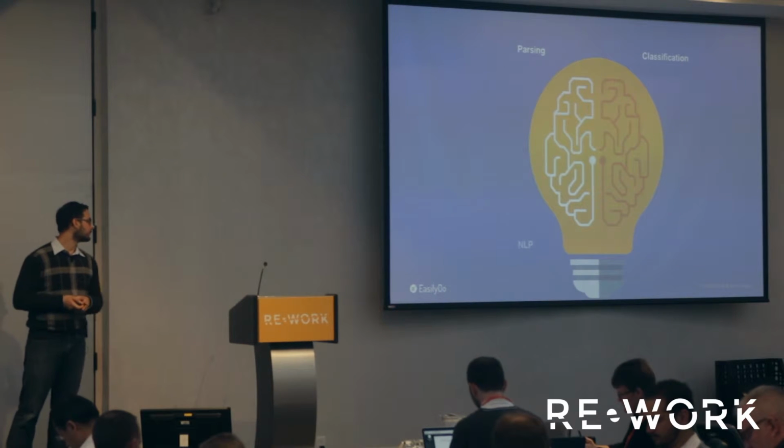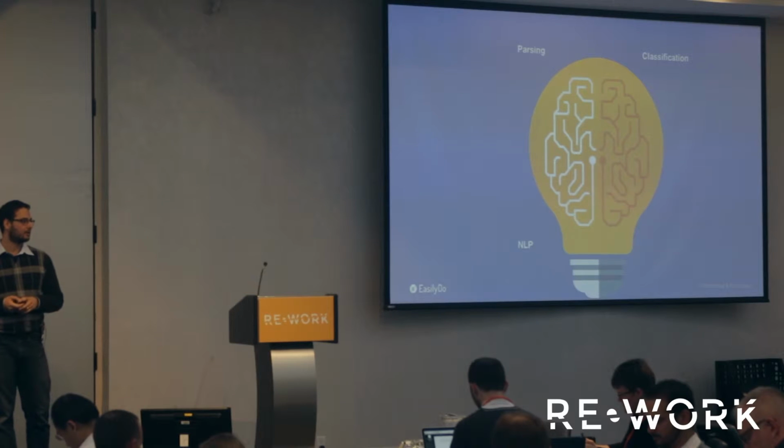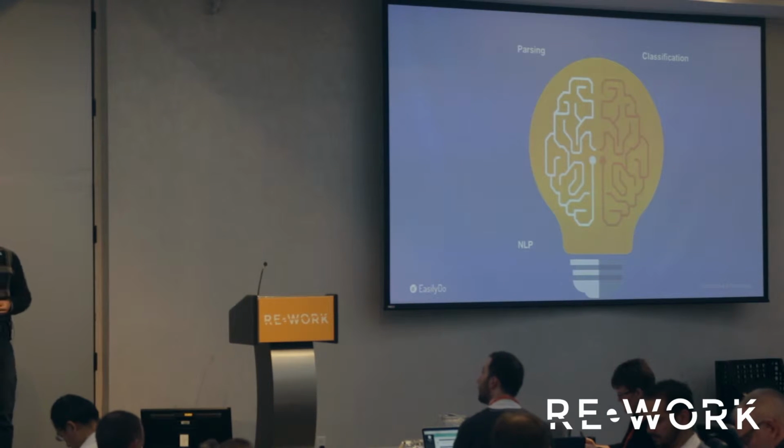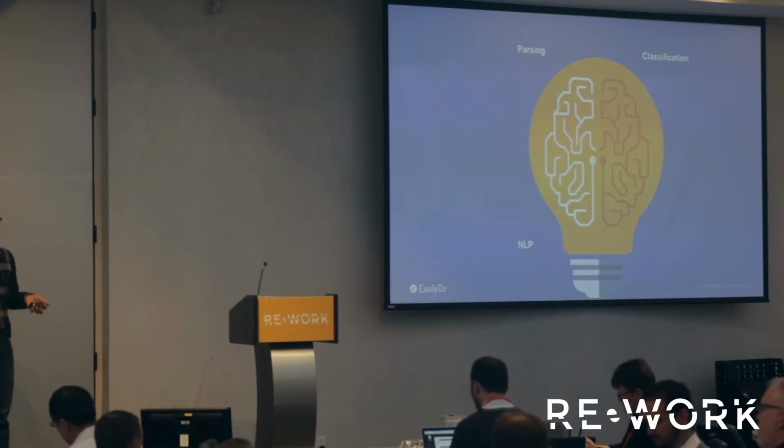The third pillar is NLP. Not everything is easy to classify. Not everything is easy to parse. If you're trying to do something really dynamic, like scheduling a meeting, for example, you're going to have this long thread. It's going to have a lot of proposed times. It might have multiple people. And you're going to need to find a way to figure out, what do they agree on at the end? That's where our NLP comes in.